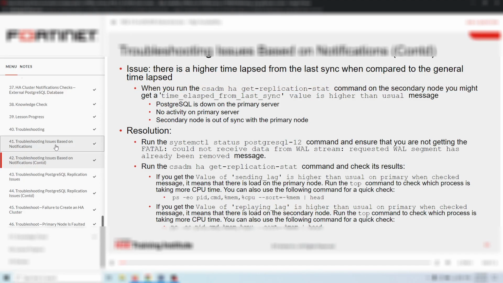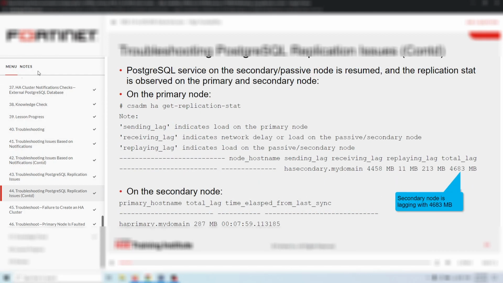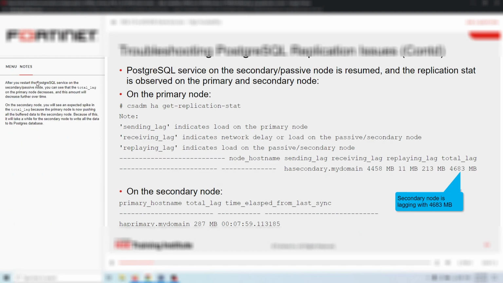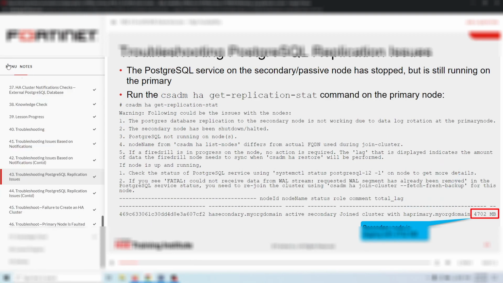You might receive a notification indicating this. This slide shows the total lag after you restart the PostgreSQL service on the secondary passive node. This slide shows the